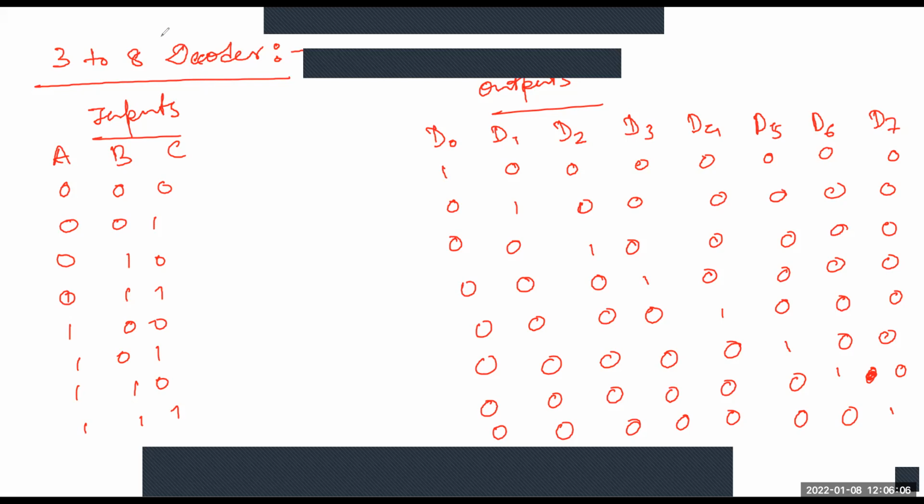From these expressions you can easily draw the logic diagram for the 3:8 decoder. For the 3:8 decoder, we need 3-input AND gates and NOT gates. So with the help of 3-input AND gates and NOT gates, we can